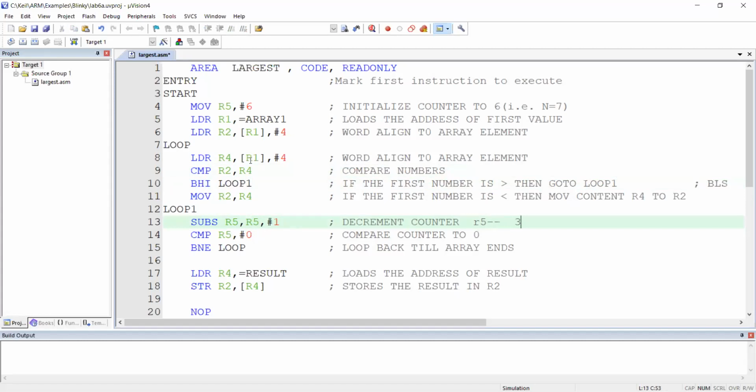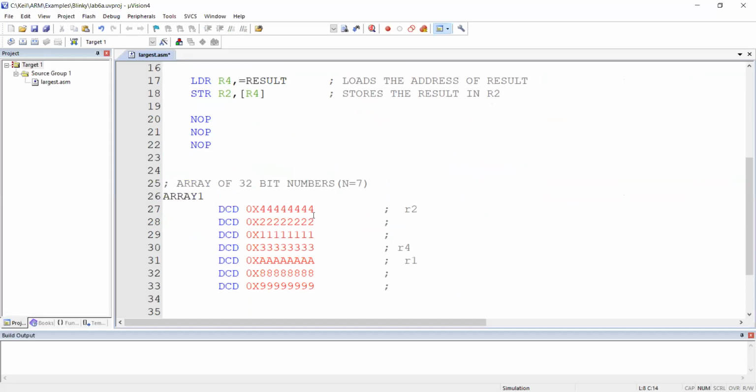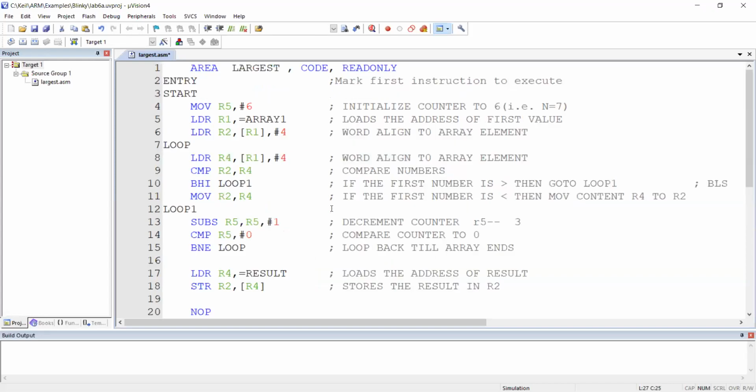So now a very important question. What is the present R1? Present R1 is A. Hence R4 will point to wherever the present R1 is, and R1 will take plus 4 extra. So it will point here, plus 4 extra. So what is the content of R4? A. The content of R2 is 4. You can see now, very important.